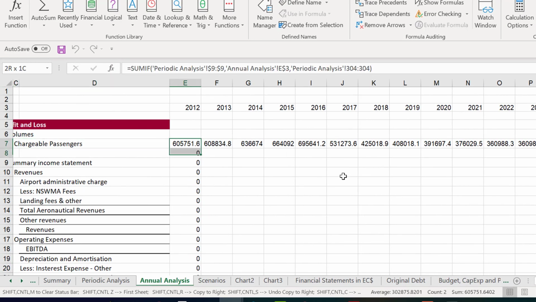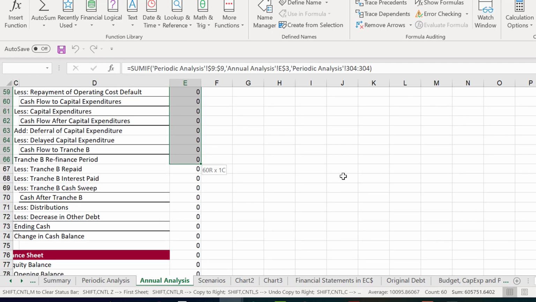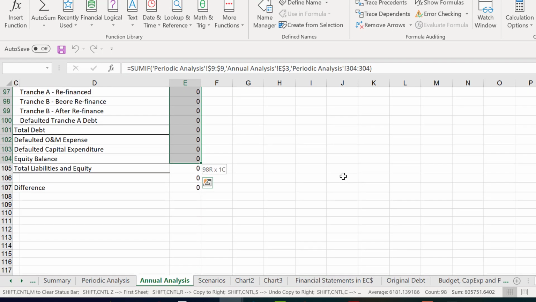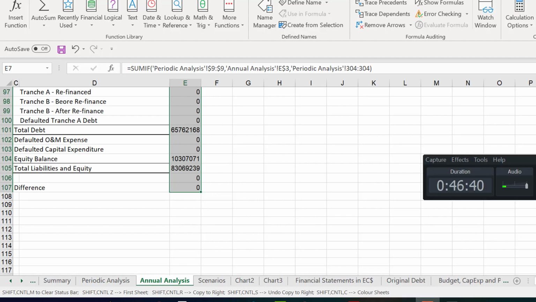Why don't I just press Control D and then Shift Control R. If I was not making the video, I would press Shift Control D, but I can't do that because of a shortcut key that's taken on this.